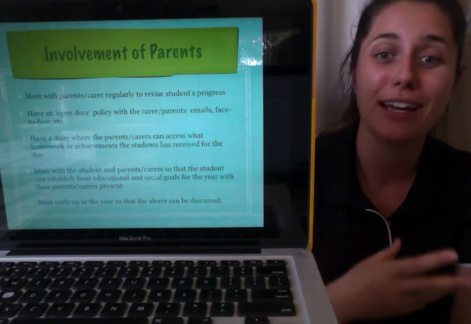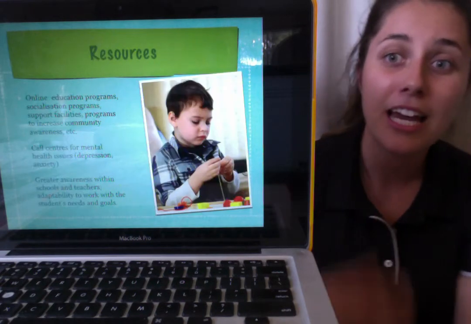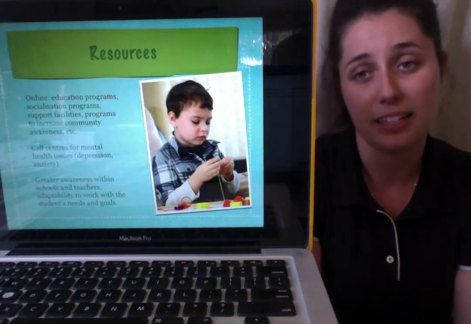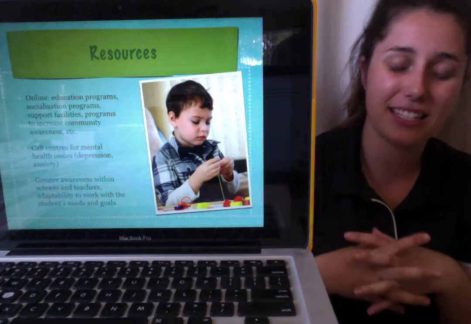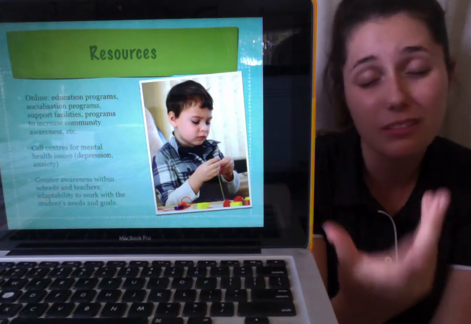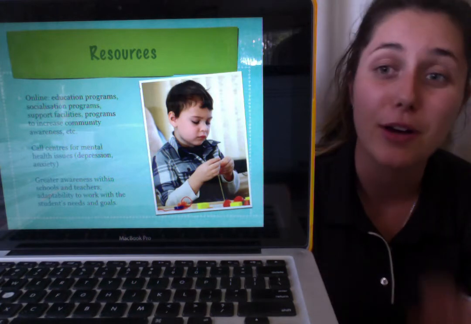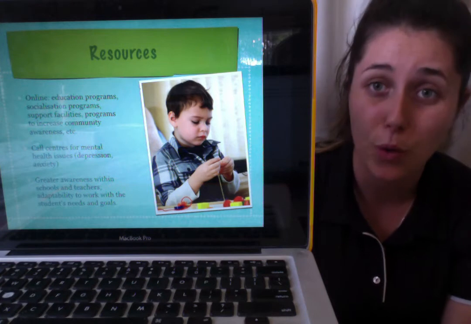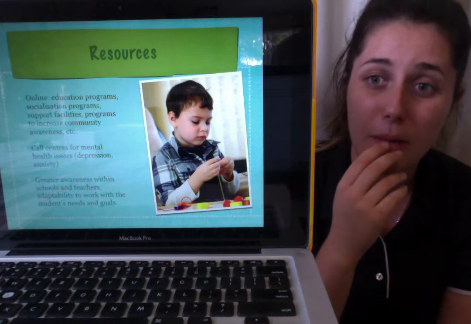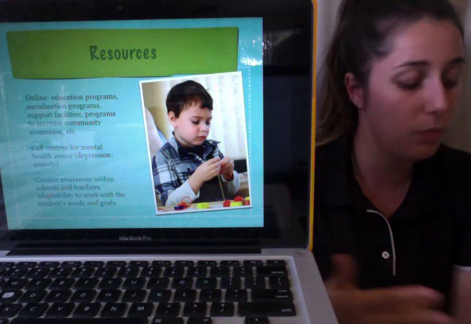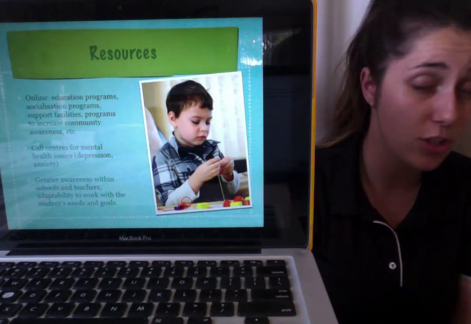Be a part of the process in creating this positive learning environment for them. And then some resources. I've just basically tried to paraphrase a lot of it in a manner that's a little bit quicker, because the beauty of online is you can honestly find something within the matter of a few seconds. So I've just popped a few of these in here that I thought are really great. We had Lizard Center, which was a really great one. We've got a few unit plans that are alternative for students with ASD.